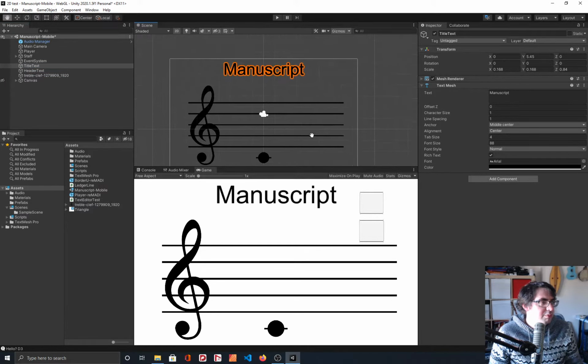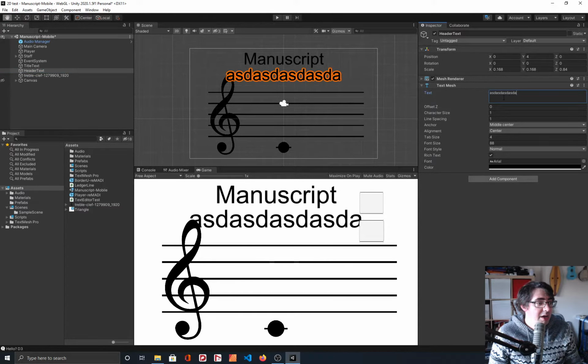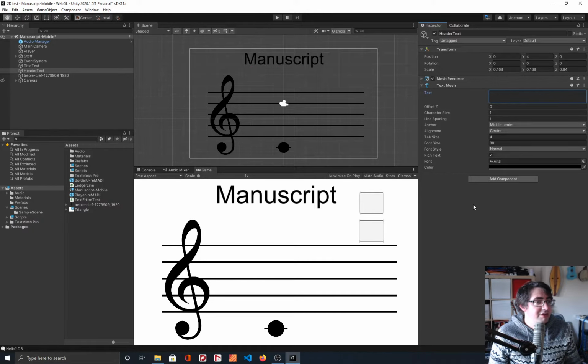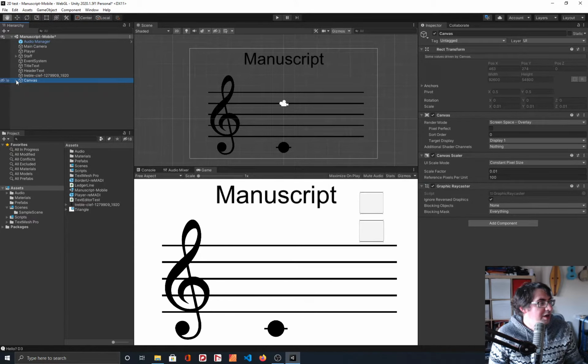For example, the title text, which will say Manuscript, and then the header text, which currently doesn't say anything at all. If it did, then it would say... But what happens is that the actual script on the lines populates that. We then just have the image of the treble clef found from the internet. And then the last thing we have here in our hierarchy